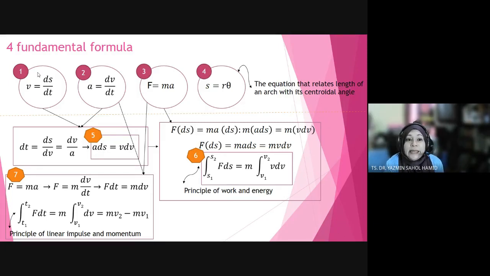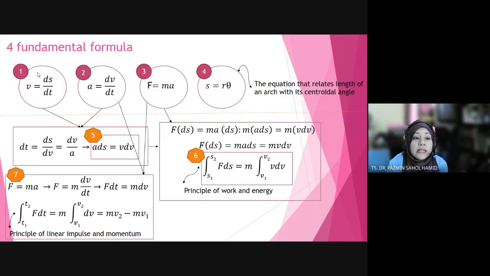The second formula is a equals dv over dt. F equals ma is Newton's second law formula. And then s equals r theta, which is the equation that relates the length of an arc with its radius and angle. But for the first chapter, topic 1, we're only going to consider 3 formulas,